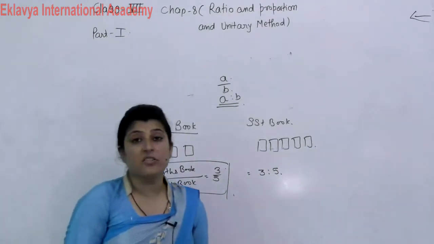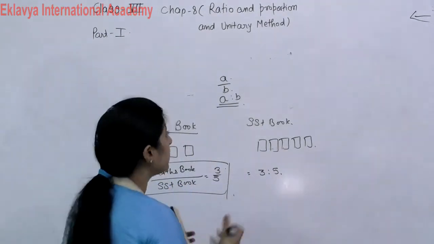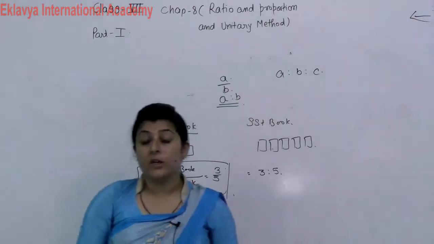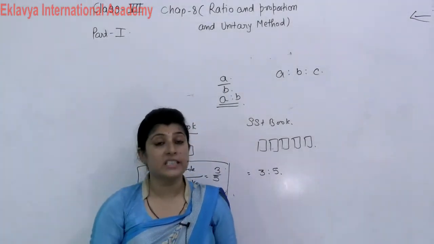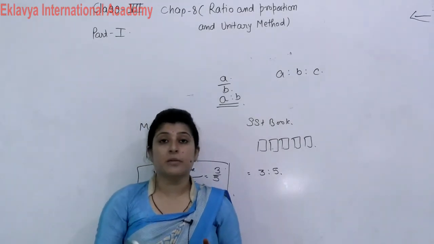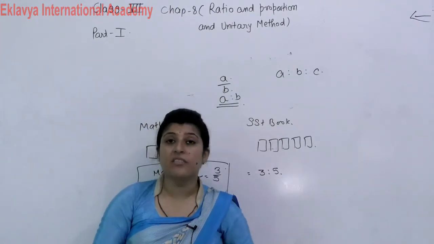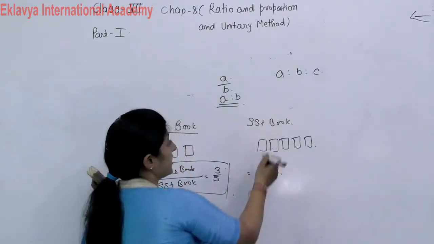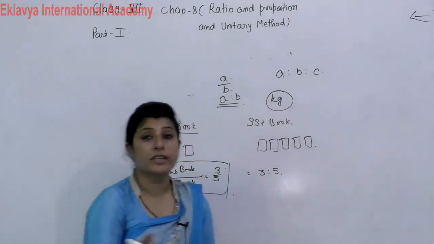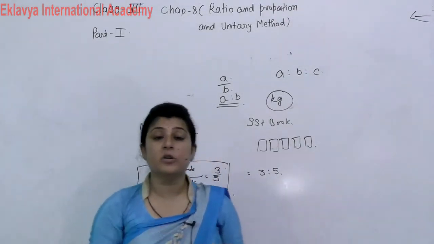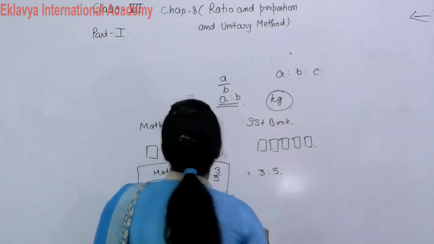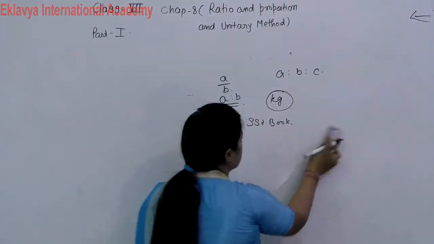It is a comparison of 2 or more quantities, maybe 3 quantities also, A ratio B ratio C, this type also. A ratio is a comparison of 2 or more quantities that should be of the same kind, with the same unit. Suppose we are using the weight of anything, then all the weights should be in kg. If one is in kg, then the other should also be in kg. Whenever we compare in a ratio, the unit will be the same. There should be the same type of quantity, the same kind of things.